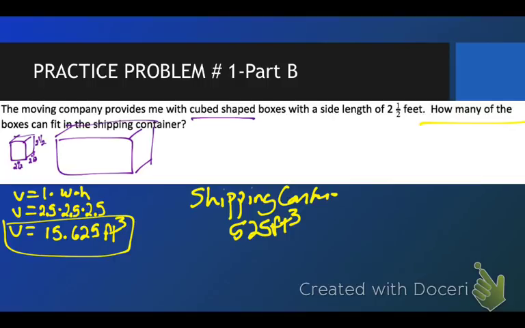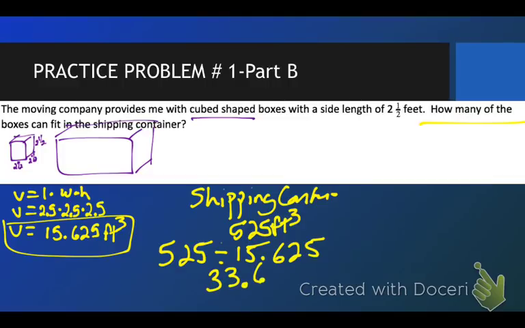And you're going to do that simply by dividing. So you're going to go ahead and put in 525, and you're going to divide that by 15.625. Okay, and if you do that on your calculator, once again, if you need to pause the video, go ahead. But go ahead and put in 525 and divide that by 15.625, and you're going to get an answer of